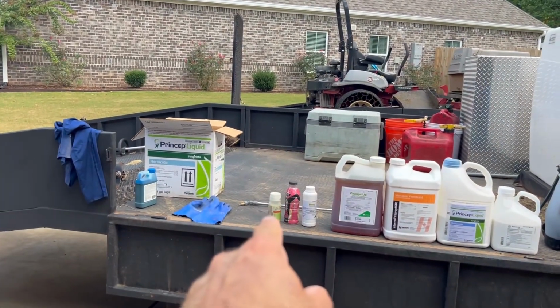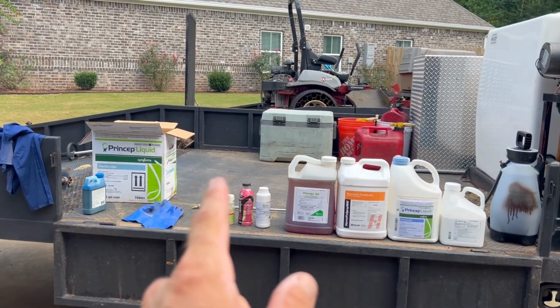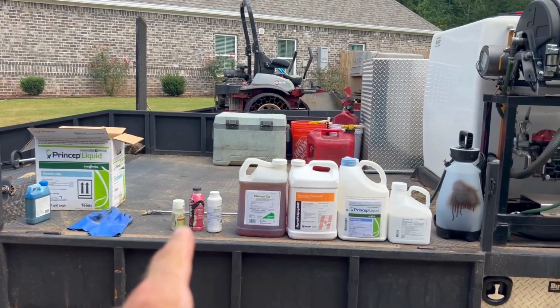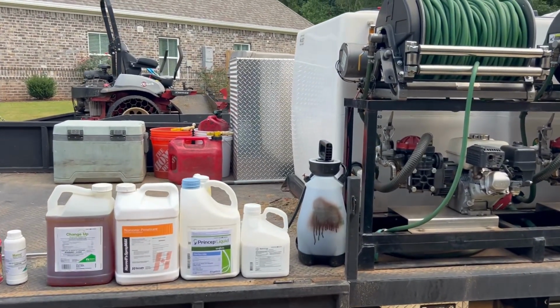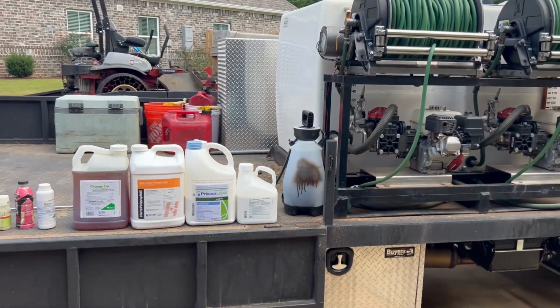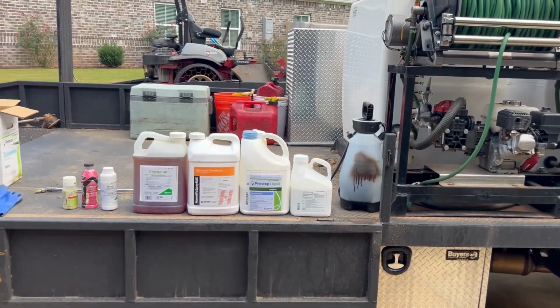there's the Tribute Total itself. It's got a little scoop in there, and I'll take 1 full scoop for 1 gallon of water. So that's typically what I'll use. Sometimes I'll put 2 gallons in there. I think it's a 2-gallon sprayer. So if I put 2 gallons, obviously I'll do 2 scoops, and I'll put a little bit of